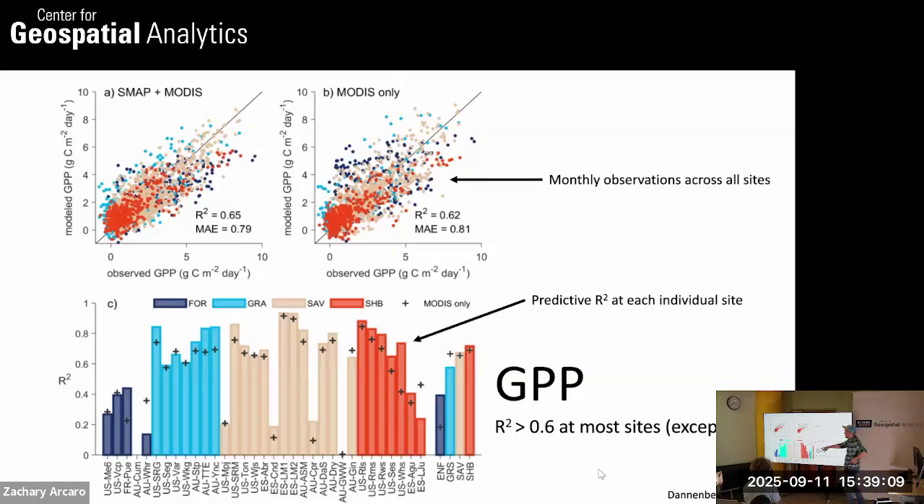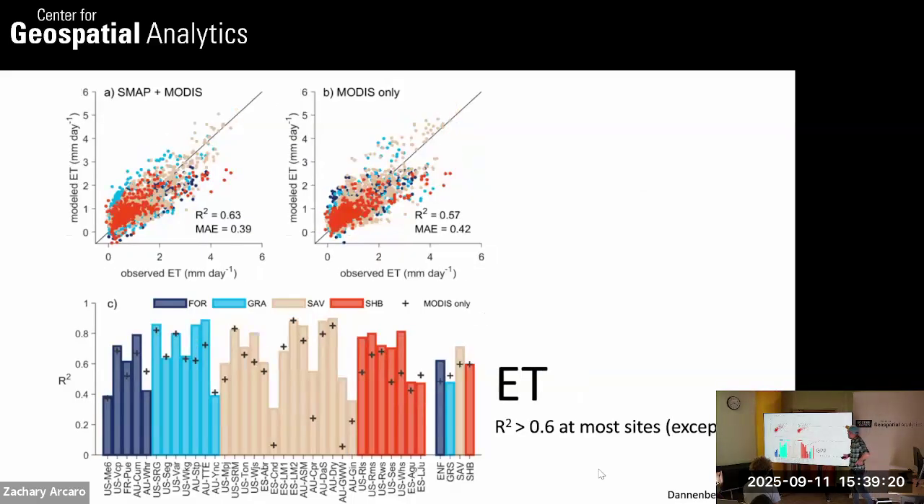You can see there's some of these here where our predictive ability is basically garbage, but I'm not terribly surprised by that necessarily, knowing what I know about those sites. For evapotranspiration, it's a pretty similar story. Again, we're getting 60% of the variance or more at most of the sites, with a few where we're doing slightly worse. And overall, we're getting about 60% of the variance explained across the spatial, the seasonal, and the interannual